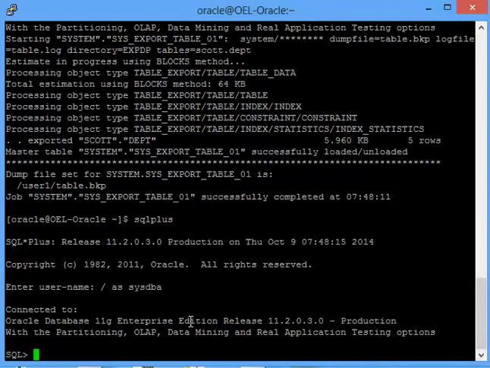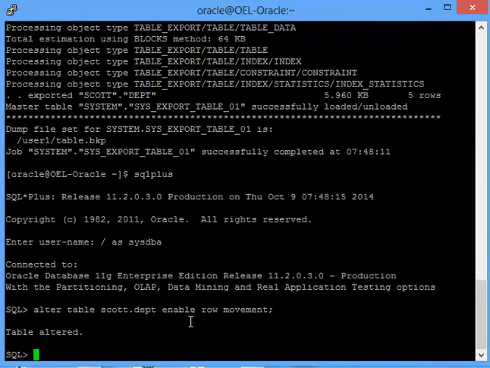Now I'll be doing a flashback of this table. Before you do the flashback, first thing you have to do is you have to enable row movement on the table. Alter table Scott.department enable row movement. So once I do this, I'll be able to now flashback the table. Now flashback table Scott.department